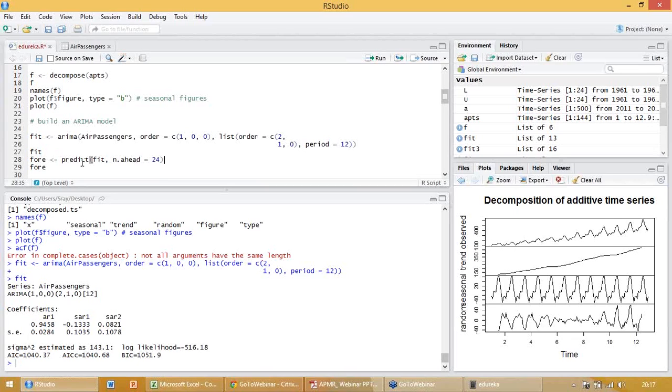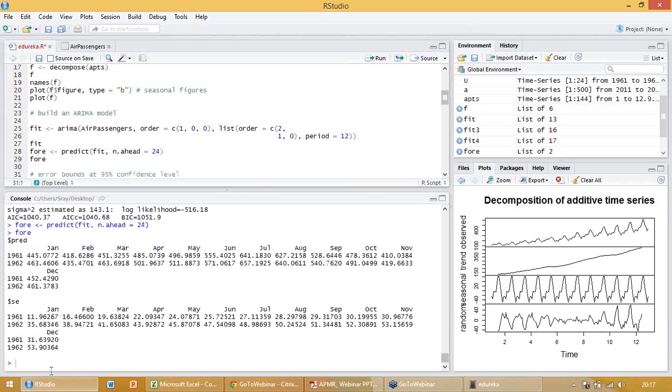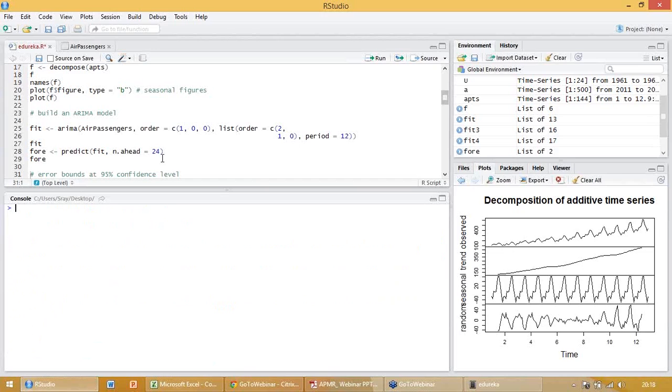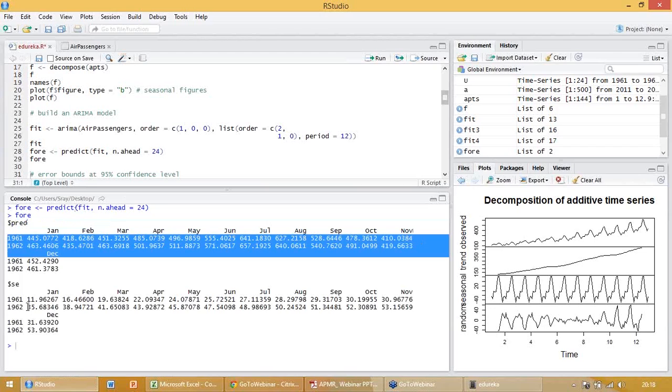So use this first model which we made and forecast for the next 24 months, what would be my output. This is my forecast for the next 24 months. I'll try to plot this also. What we do in plotting is we take the first one. We'll do the plotting in a while. I have the plot codes also, right? So I told it to give me the prediction for the next 24 months. If you see, it gives me the prediction for 24 months along with the standard error, which gives the confidence interval,